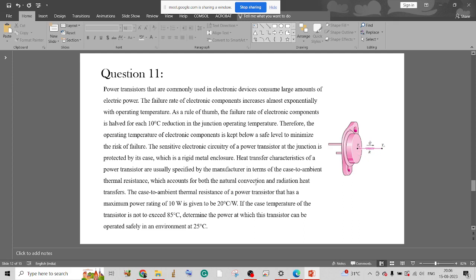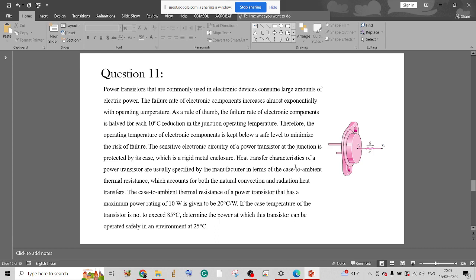The case is a rigid metal enclosure, as already shown in the picture. Heat transfer characteristics of a power transistor are usually specified by the manufacturer in terms of case-to-ambient thermal resistance, which accounts for both natural convection and radiation heat transfer. So this resistance R gives all the heat transfer resistance. This is a combination of all of them, the convection and the radiation